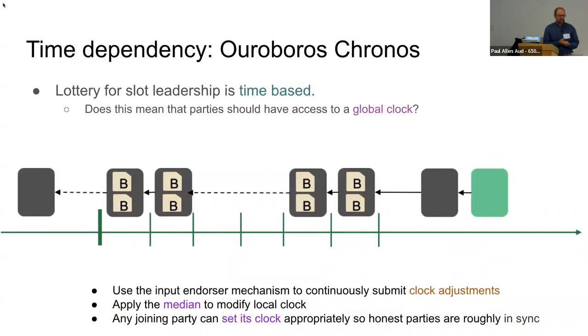I'll just highlight also some other results. One interesting observation here is that these proof-of-stake protocols require participants to have access to a global clock. So basically, they have to look at the time, and they have to get a coordinated time. That's a huge assumption if you think about it, and it's very interesting to see if it can be relaxed. And actually, it is possible to relax that, and we can use the protocol itself to facilitate a clock synchronization mechanism. So we can actually drop the global clock assumption. In that variant of the protocol, we call it Ouroboros Chronos.